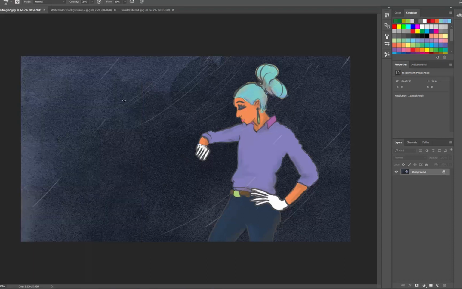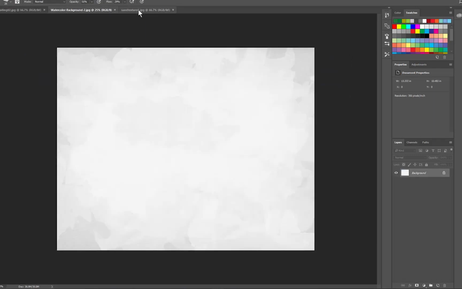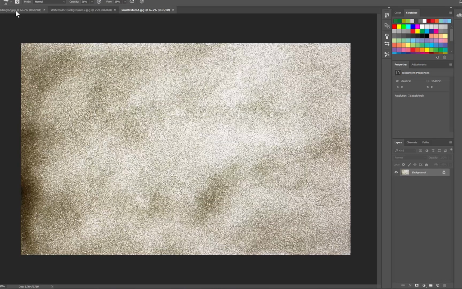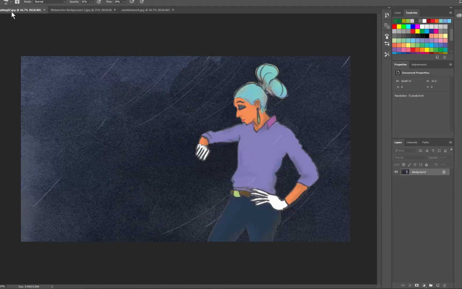So here I have my original style frame, and I've also opened up my background elements because I'm going to recreate that background in layers when we load everything together. Now, the first thing that you want to do is you want to set up your workspace,